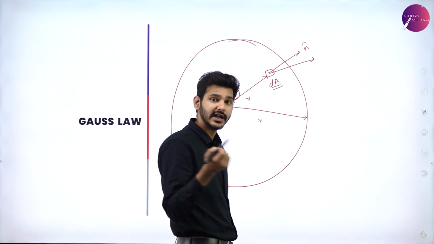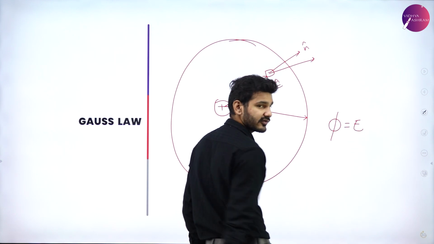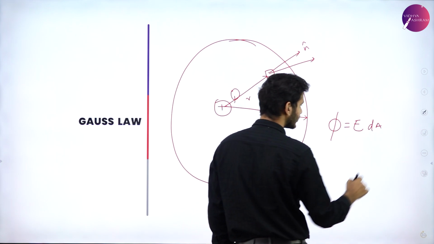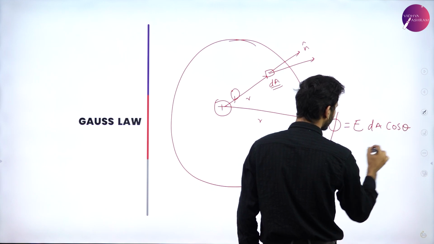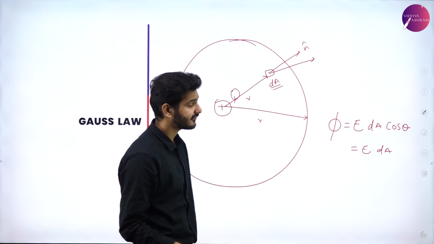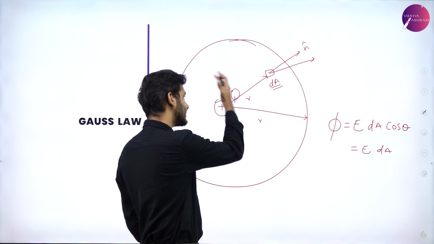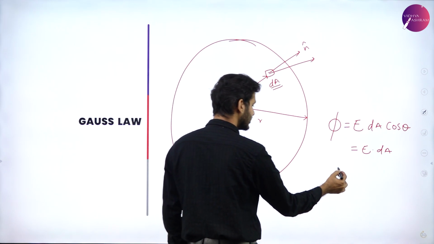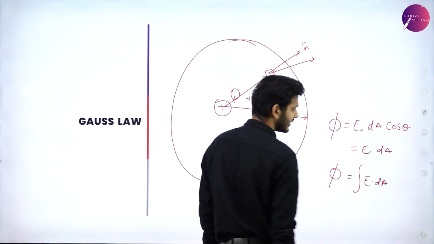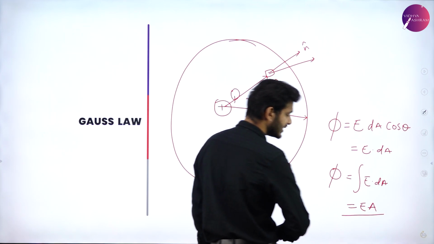So in order to find the flux there, we can say that phi is equal to the magnitude of the electric field times the area we have chosen and the angle between them, or simply we can write it as E dot dA. So I told you before, to find the entire electric flux radiating out of this entire surface, we can find it using integration. So integral E dot dA will give you the entire flux, which is nothing but EA, and here the A